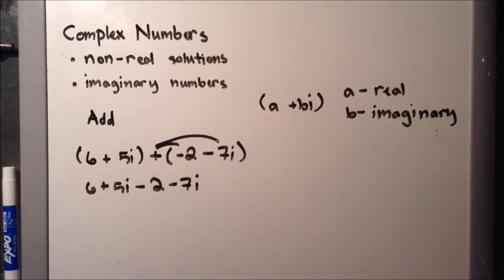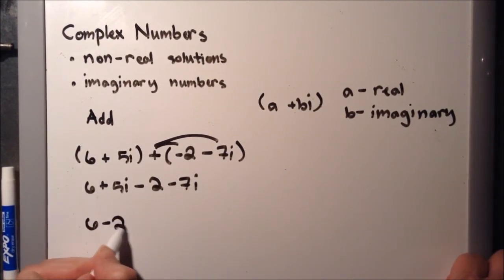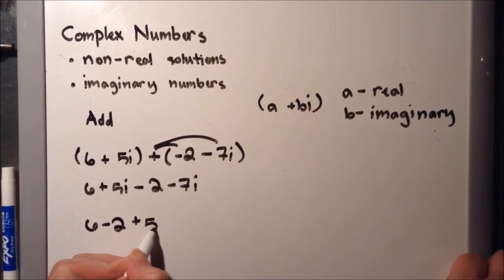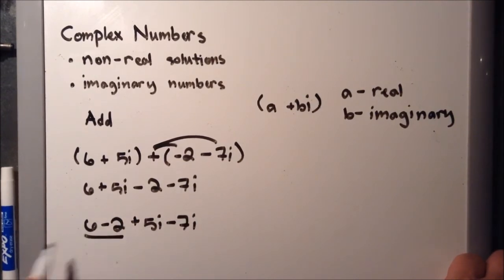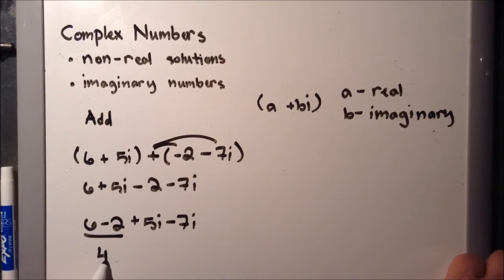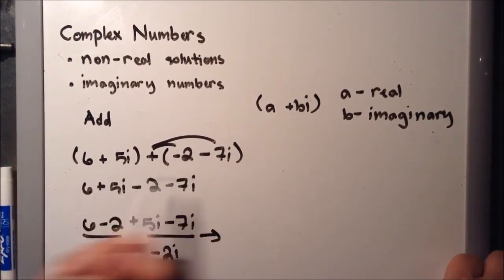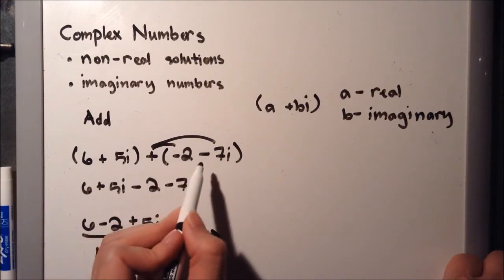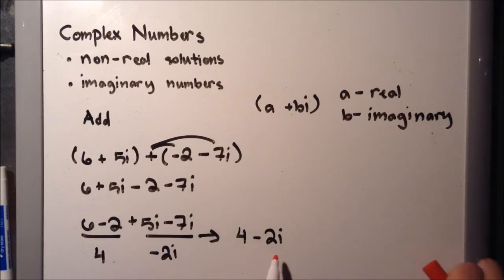And then again, we can rearrange it, real numbers first. So 6, since that's negative, it's minus 2, positive 5i, and then bring down the negative 7i. So 6 minus 2, that's just positive 4. Positive 5i minus 7i, that's going to be negative 2i. So this expression, 6 plus 5i plus negative 2 minus 7i, will become 4, and since that's negative, minus 2i. So that's the final solution